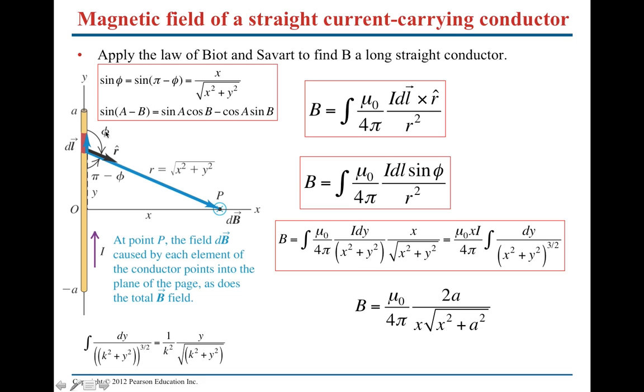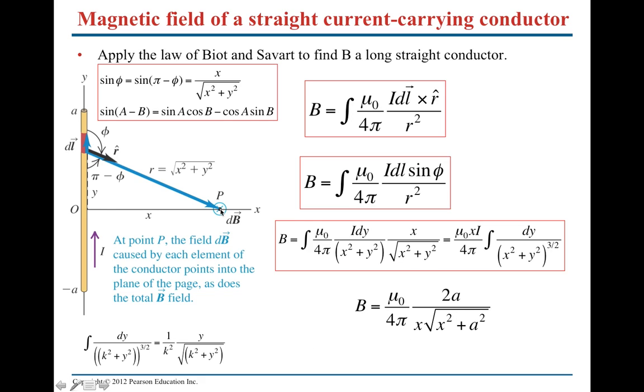And if you look at that, the sine of this angle is the same as the sine of this angle. I've shown you that here, okay? And so if you do that, then the sine of this angle will be simply x over this. If you put everything together and you integrate using this standard integral formula, then you get the magnetic field